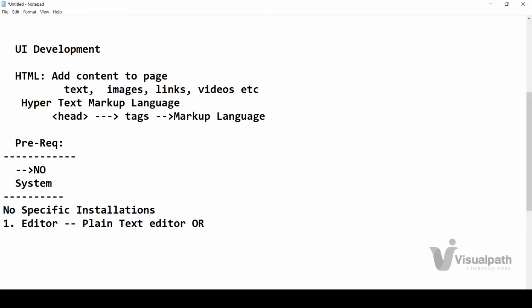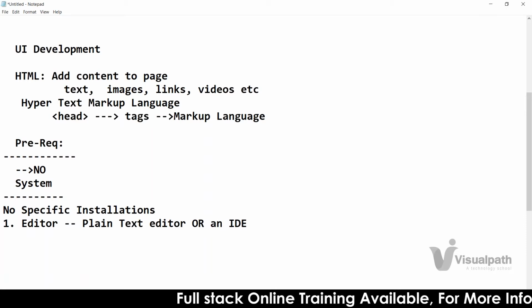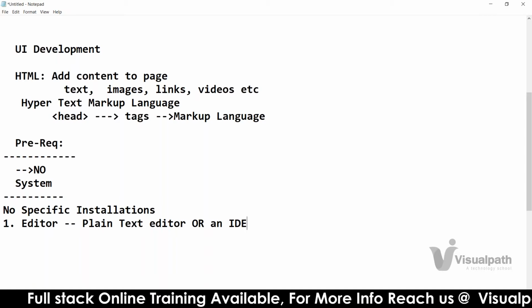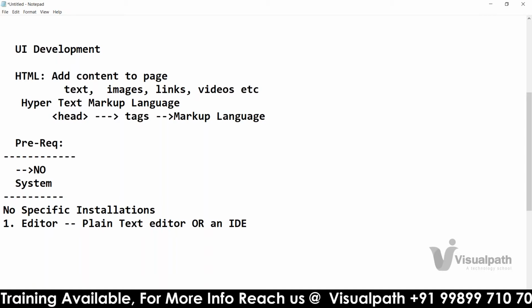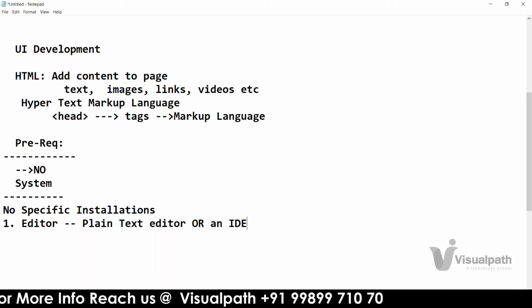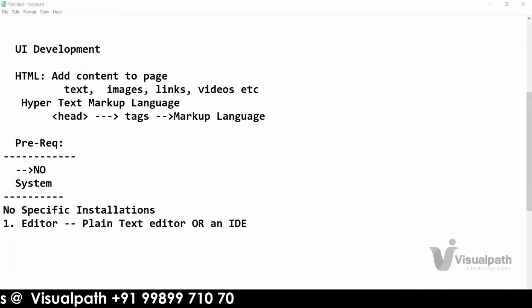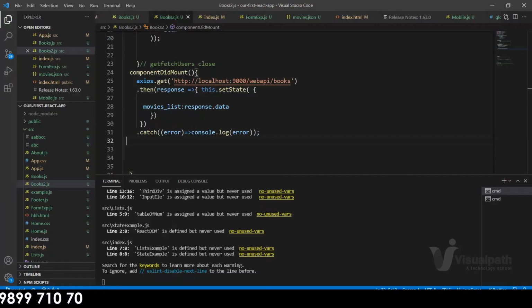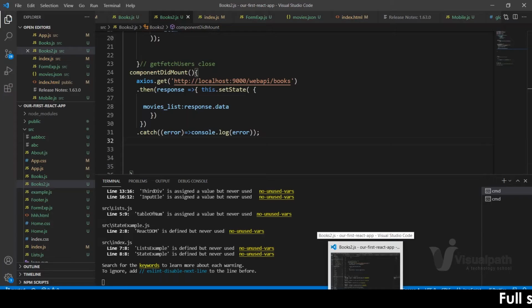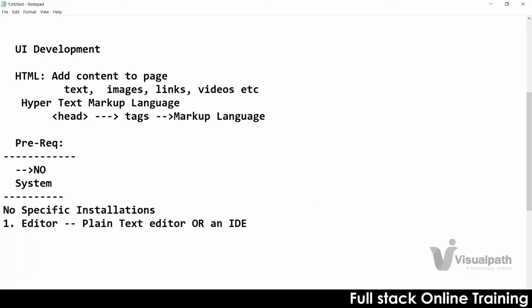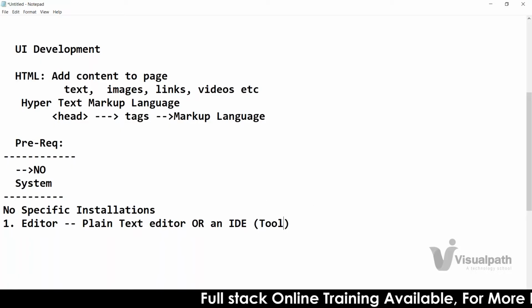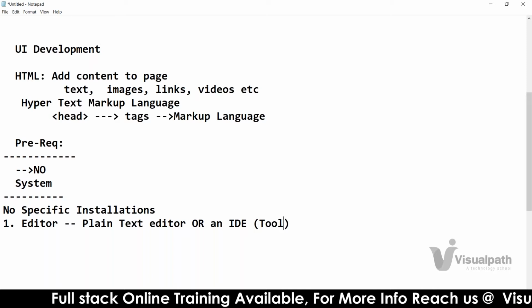or you can use something like an IDE. You might have heard of IDE. You can have an IDE in your computer also, for example Eclipse and Visual Studio Code. This is my Visual Studio Code, guys. Here I developed some React, something I have written. This is called our Visual Studio Code. IDE is nothing but a tool. The full form of IDE is Integrated Development Environment.